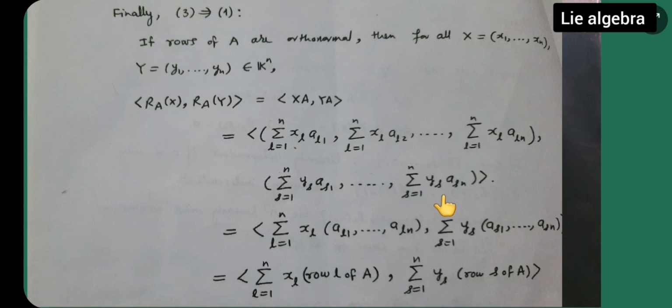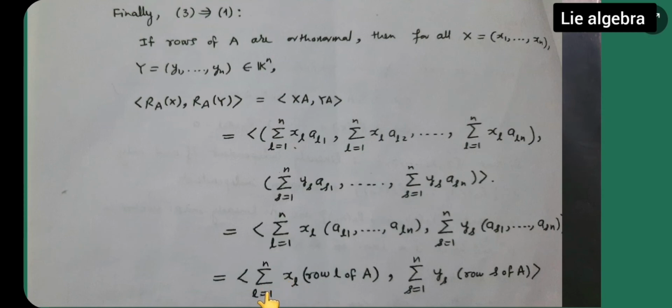Then what you have to do is take this summation common. This is same, summation and xl. So take it in this and put al1, al2 up to aln in one bracket. Then comma, same thing for this one also: sum of s is equal to 1 to n ys and then as1 up to asn. Next part is, now this is equal to